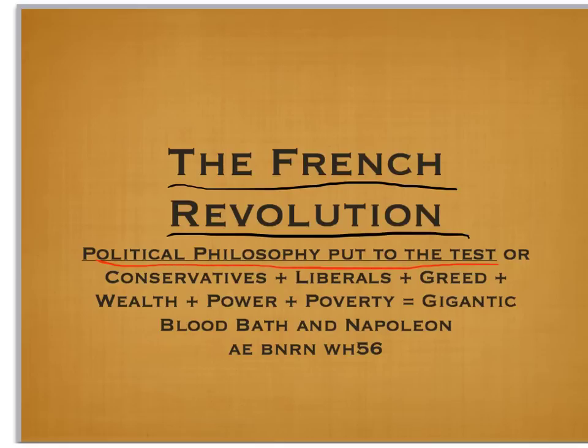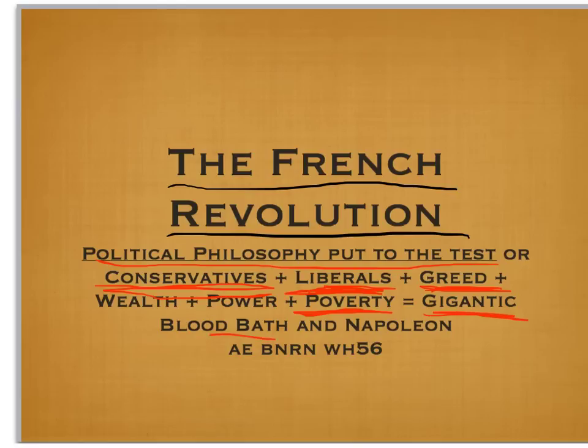Another way to look at the French Revolution, perhaps more cynically, or perhaps just more empirically, is that you have a revolution that's created by liberal ideas, Enlightenment ideas, and these liberals are fighting against conservatives who don't want to change. You have a lot of greed among the wealthy, and then eventually a lust for power among different groups of liberals. And you have a catastrophic amount of poverty, and when you put all these things together into one revolution, and then two more revolutions that follow it, caused by the initial revolution, what you truly have is